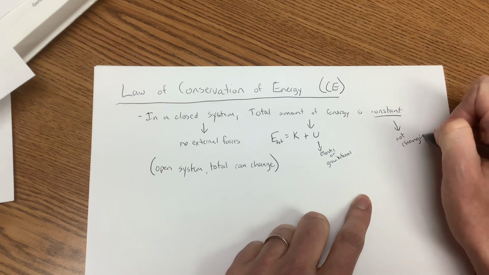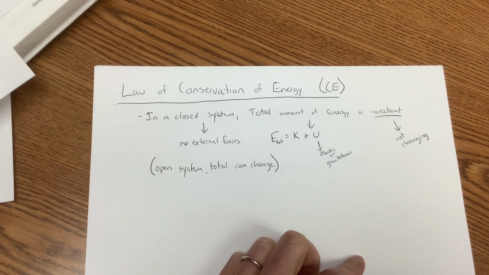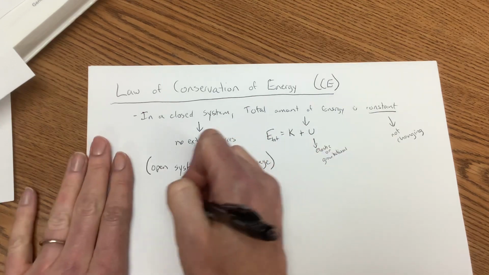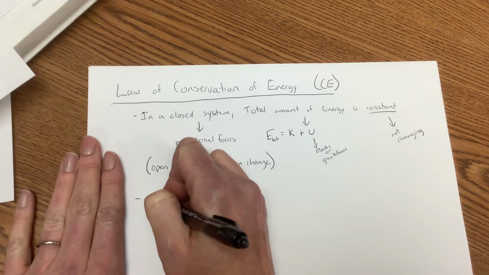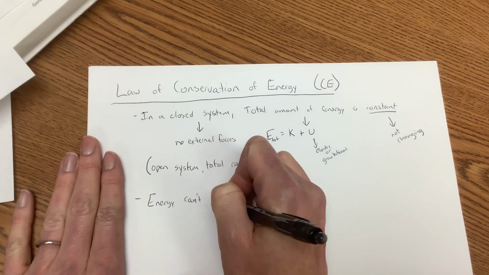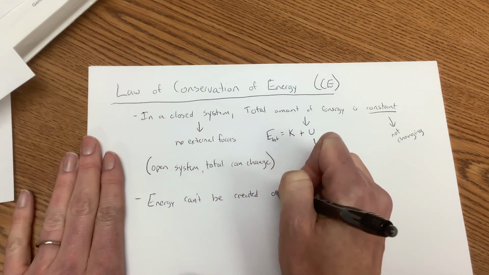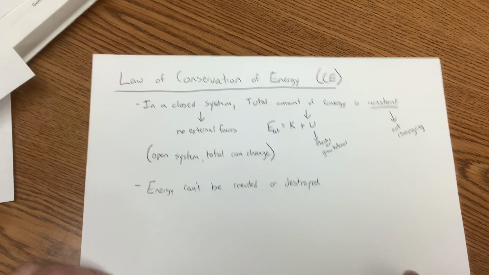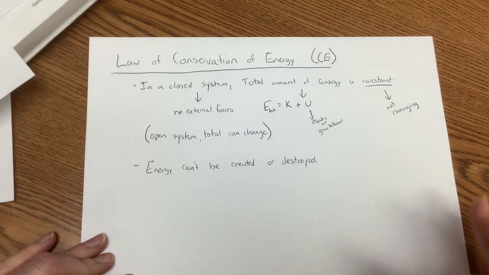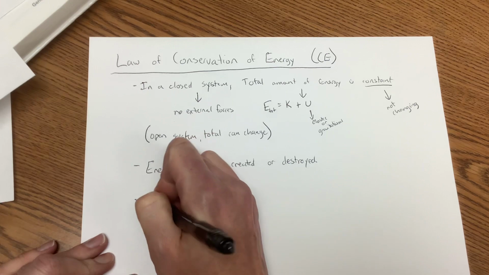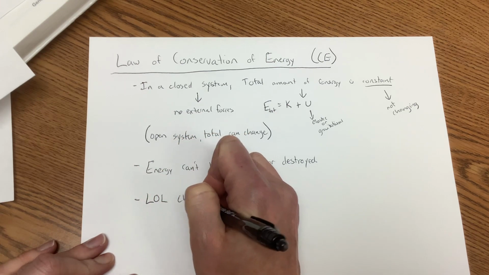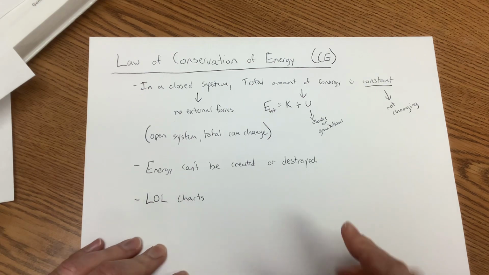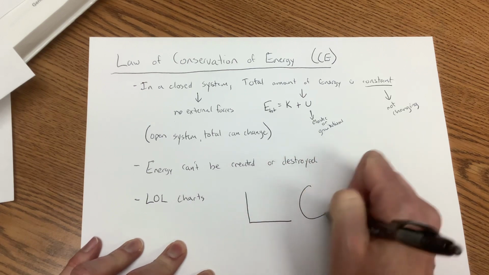In middle school or physics first, if you've had it already, you may have heard this as: energy can't be created or destroyed. But that doesn't mean we can't move it from one place to another or change it from one type of energy to another. There's a bunch of different ways that we can show this. Sometimes in physics, we talk about these things called LOL charts, which is my least favorite thing. Actually, I really like LOL charts. I just don't like calling them LOL charts because that sounds silly. What an LOL chart is, it's this.